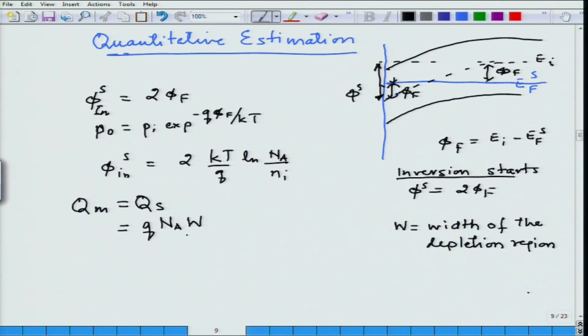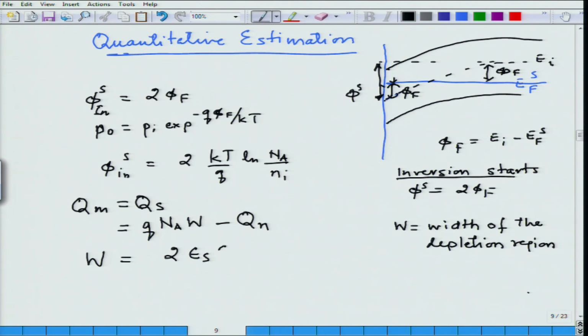So, this is the total charge in the depletion region minus the charge which is there due to the inversion caused by the band bending. Now, I can do this calculation similarly to what I have done earlier for the p-n junction and calculate what is the W. W can be estimated, and without deriving I will use the expression that we have used for the p-n junction, where I will use a highly doped p type and highly doped n type and depletion only in the p type layer. In that case, the width will be given by